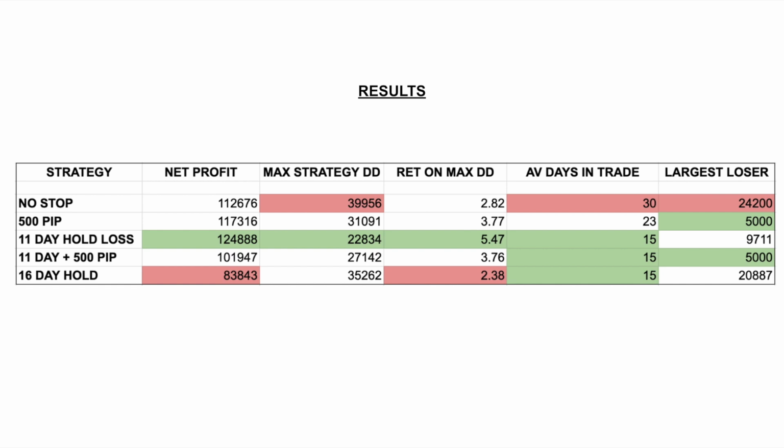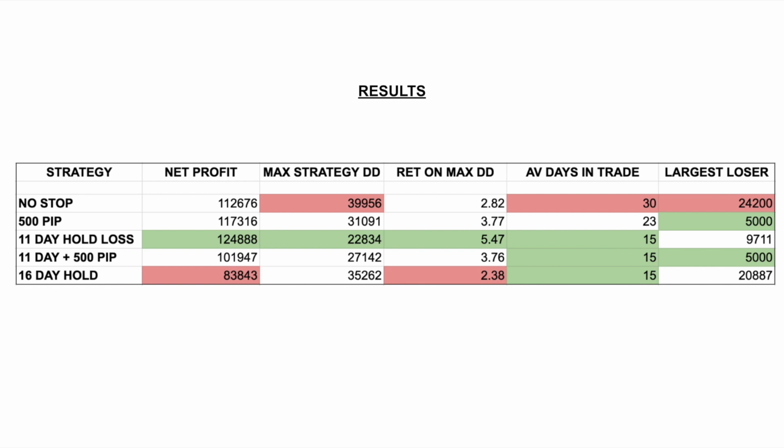So exit after 10 days if we're showing a loss. If we're not showing a loss, we stay in the trade. The worst for net profit was the 16-day timed exit. Looking at the maximum strategy drawdown, the biggest drawdown was just the stop and reverse exit or no stop loss